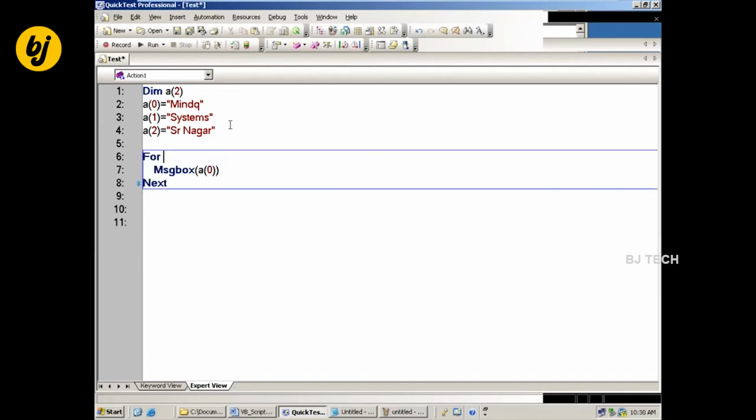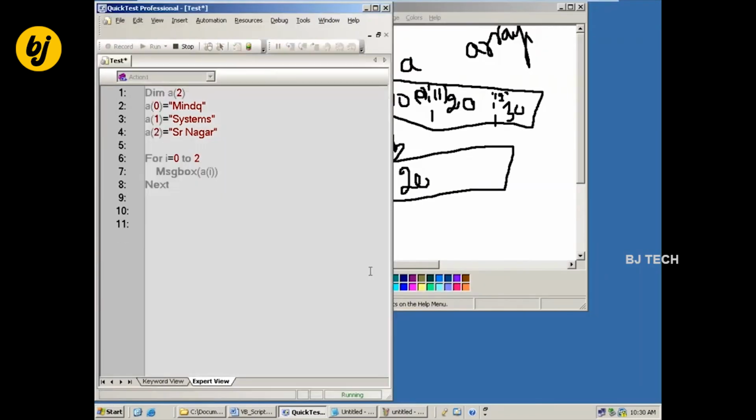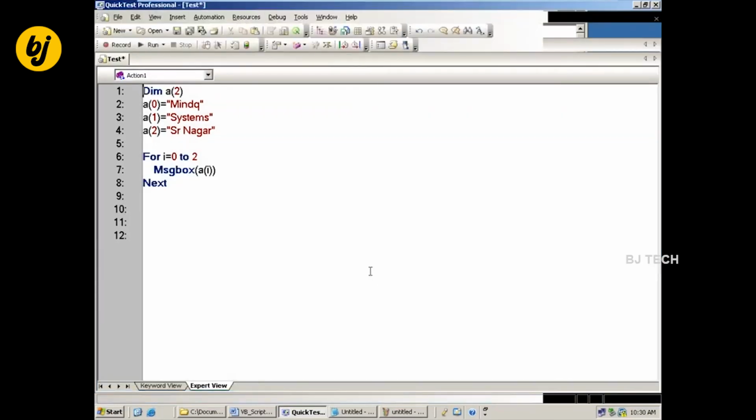For I equal to 0 to maximum 2 if I give, MsgBox A of I if I give. MindQ, Systems, SR Nagar.